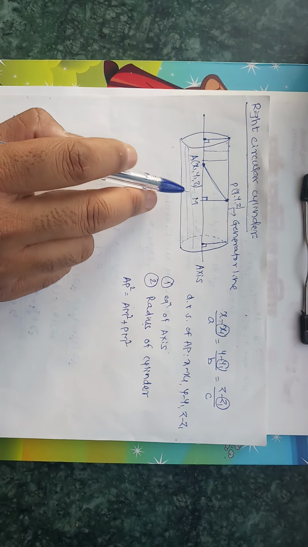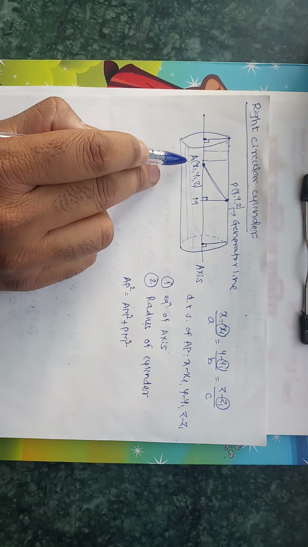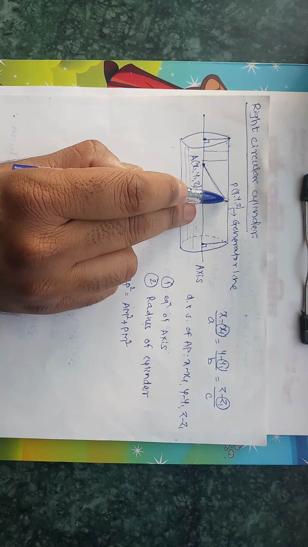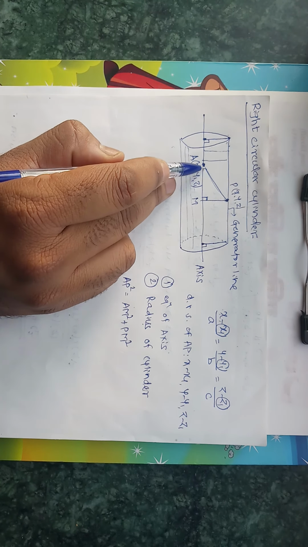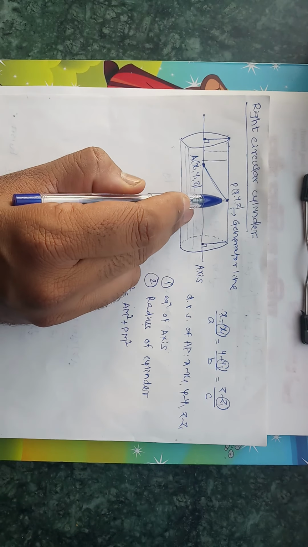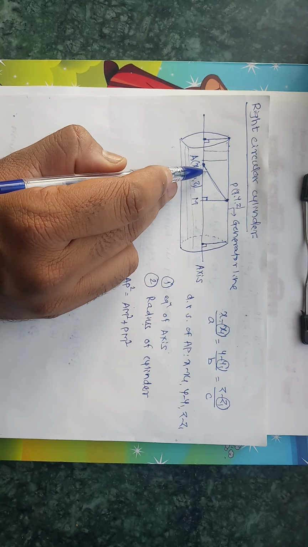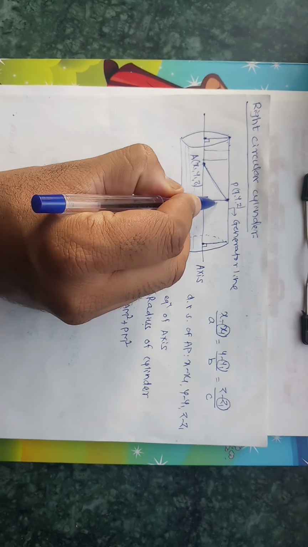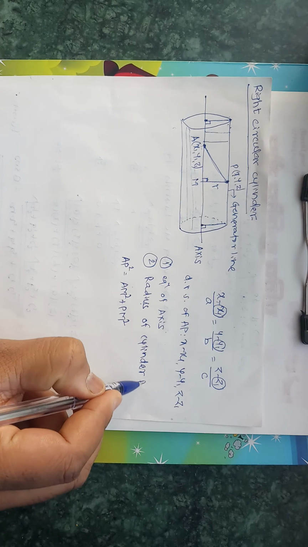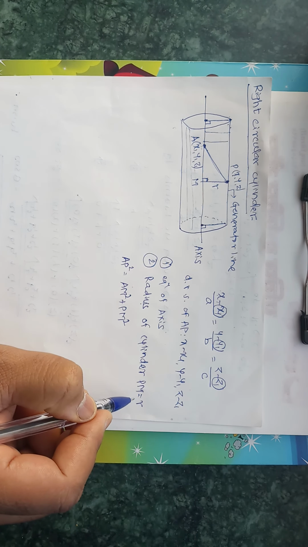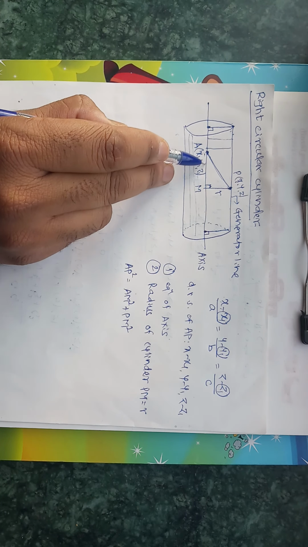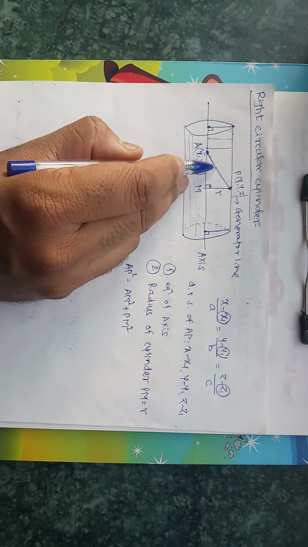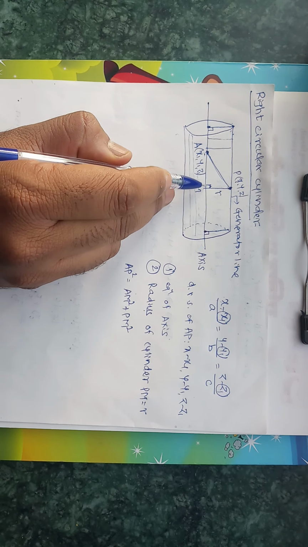And in this equation, up to this point, we have two points, that is point on axis A and point on generator line P. So you can find AP by using the distance formula. PM is obviously given, the radius of the cylinder. Suppose it is R, so PM is equal to R. So what is remaining? AM. So what is AM here? This is a projection, the projection of line AP on the axis, right?